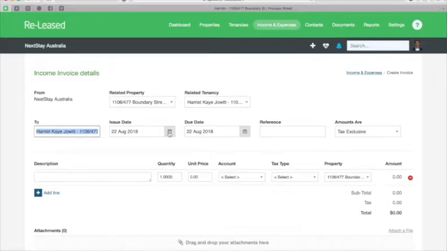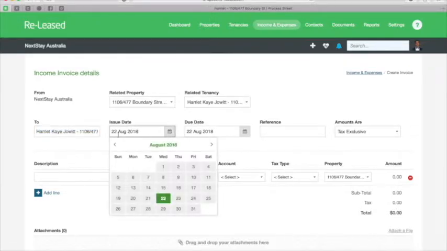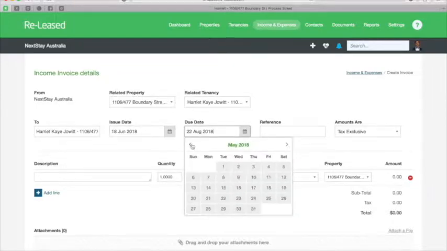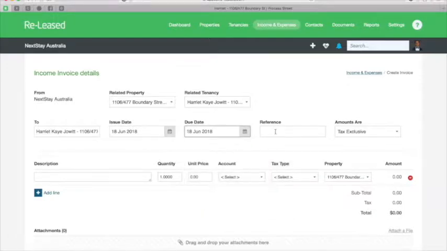So the invoice is being generated. Let's create that one as of the 18th of June. So we're just gonna create that one as of the 18th of June, and we're gonna put it as a due date on the 18th of June as well, which was the day when she vacated. So now we're gonna say here